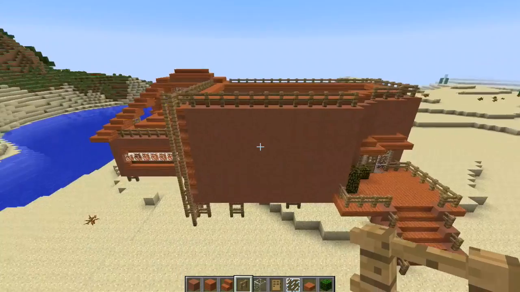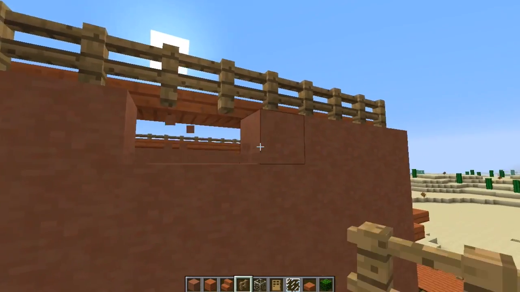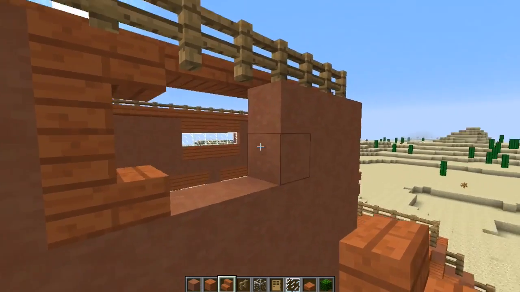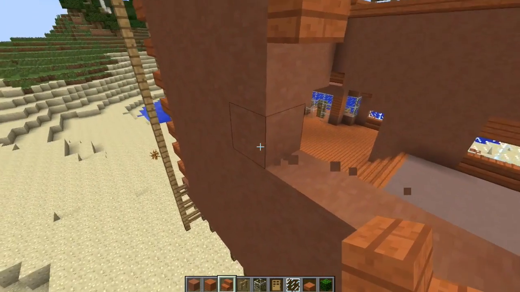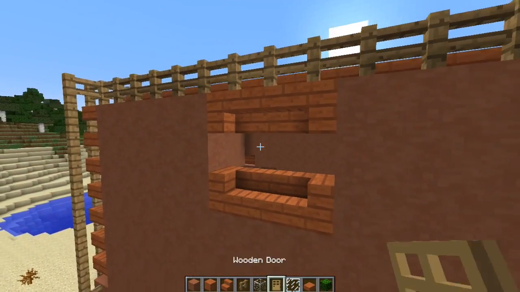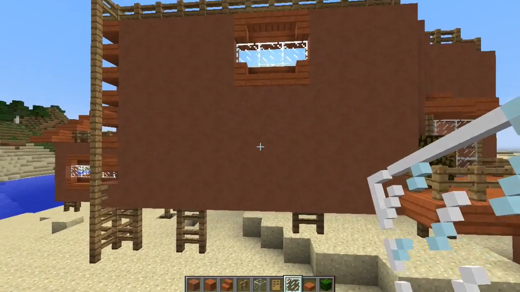Okay. So now we're getting some stuff going. Let's have 2 windows on this side. So we're going to do, I think I'll just have one on the top and one on the bottom. So not as many windows here. And not as big either. For privacy reasons. Actually, this is not big enough. There we go. Like so, so, so. And so. There we go. Get our window panes up in here. There we go. And then,